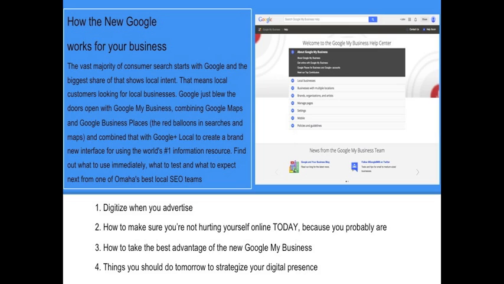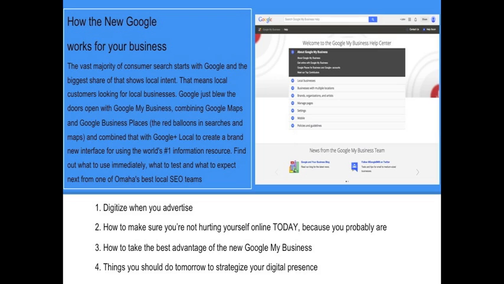What we're going to walk through is a little bit of an introduction, then an overview of where search is going, and then we'll finish up talking about things you really want to be thinking about, starting with things you want to get fixed right away, to a little bit of a heavier lift. How do I maximize my online presence?